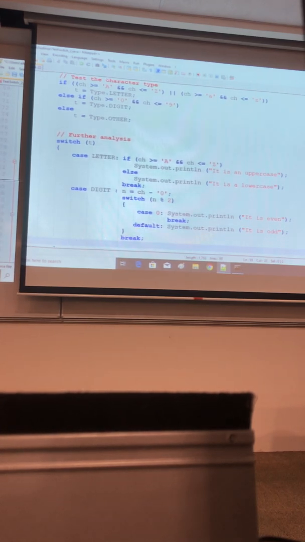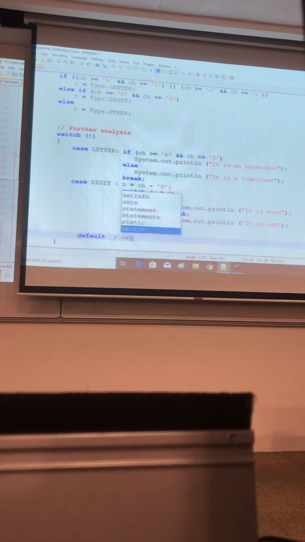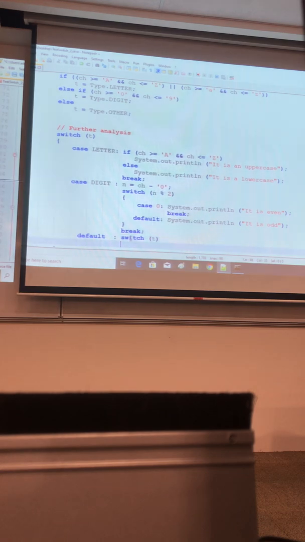Now the final case, default. For the default case, we want to say switch of T. I still have to use the CH because I don't have the space. So I can say